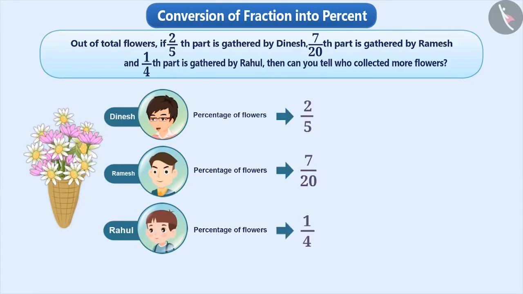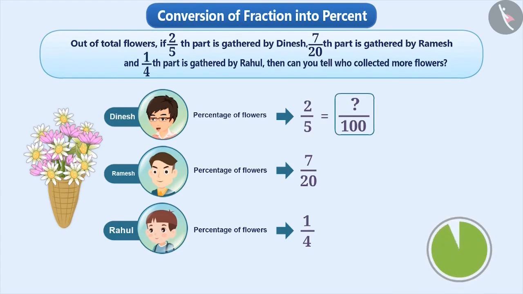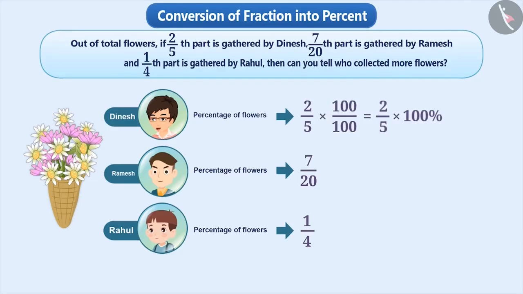If we want to represent a fraction in percentage form, then first we have to find its equivalent fraction whose denominator is 100. Now can you tell how will you express 2 by 5 in percentage? Think for a while. Let me tell you. To convert any fraction into percentage, we multiply it by 100 by 100, that is, by